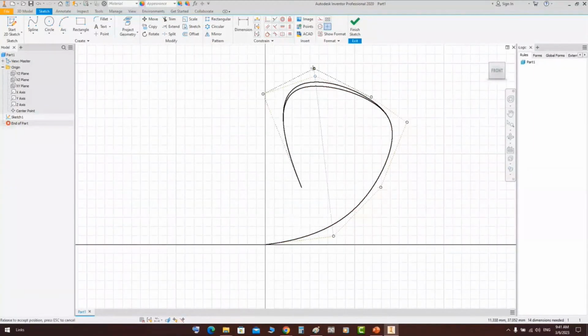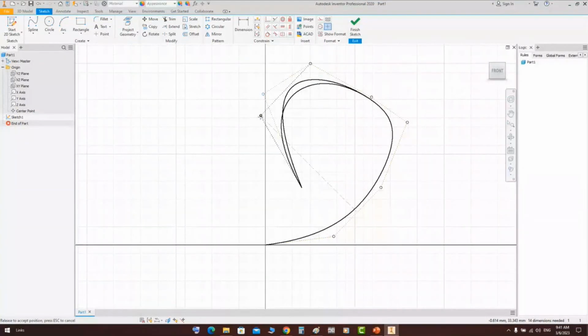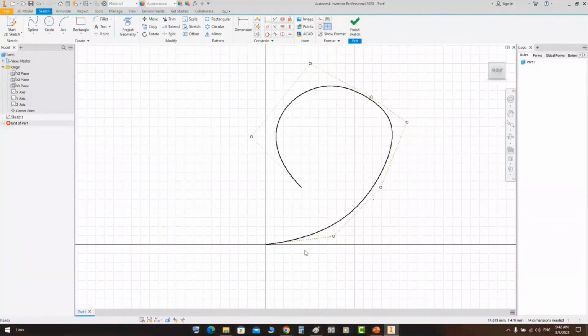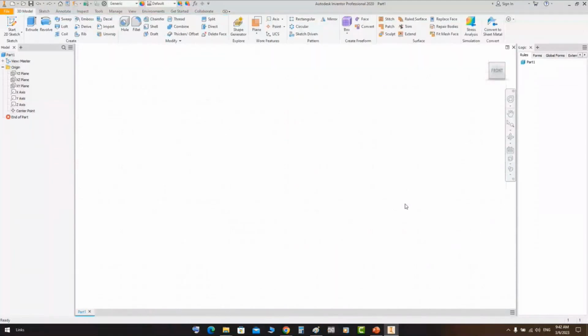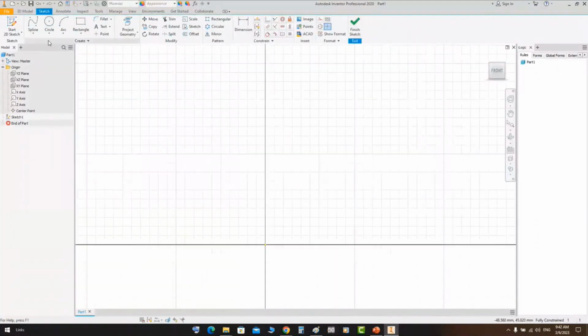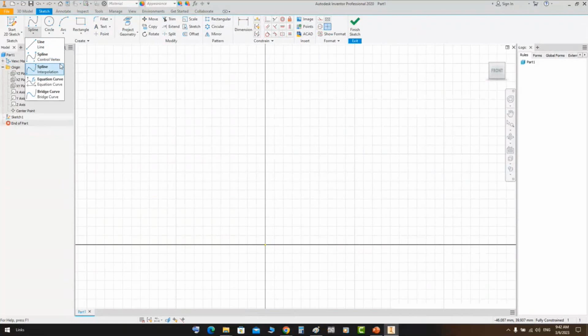So the control vertex type gives you the ability to change the configuration of a spline based on the lines tangent to this spline like that. The second type of spline